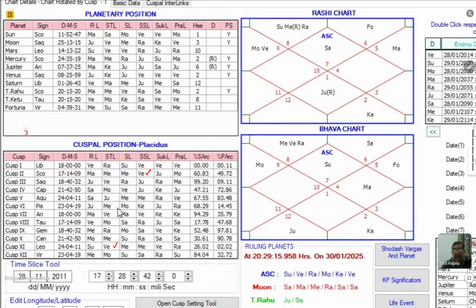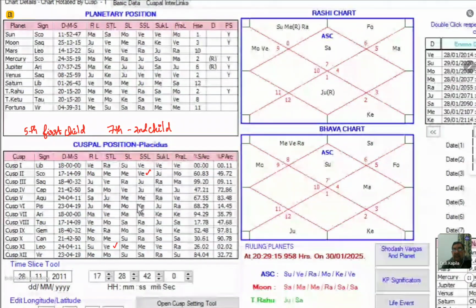See, the appearance of moon or its star in the primary cusp is the first important point. Now here neither moon nor its star is appearing in the fifth cusp. Second point is moon is not appearing even in 2 or in 11 also, right? And then we look at the star, it appears in 2 and 11, not appearing in 5. So appearance in 2, 5 and 11, because